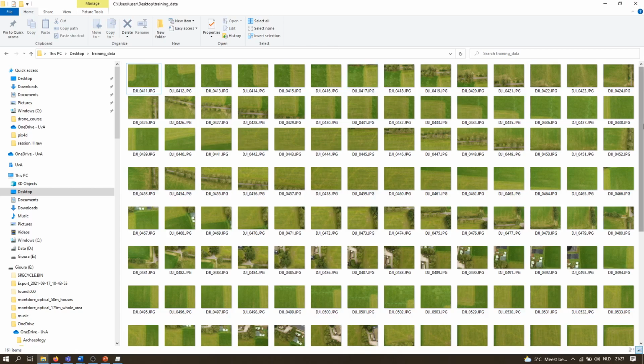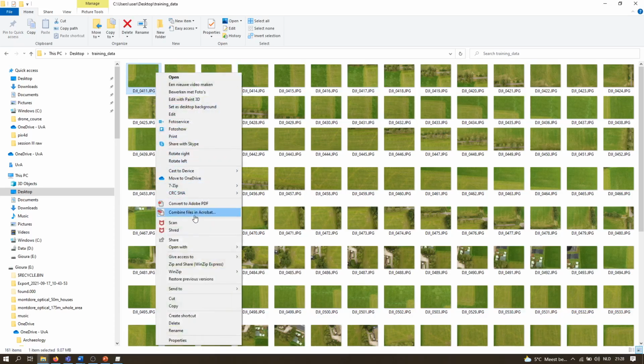So what we have here is a series of photographs, 160 items in total, that have been photographed from an altitude of 50 meters with a speed of around 3 meters per second and an overlap suitable for photogrammetry of 80% frontways and 70% sideways. Now if we look at the photos,